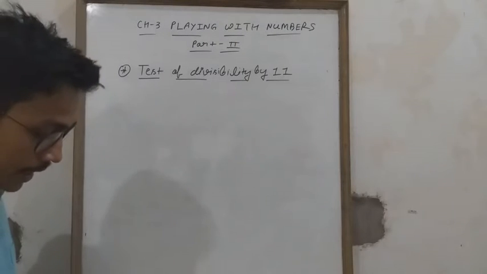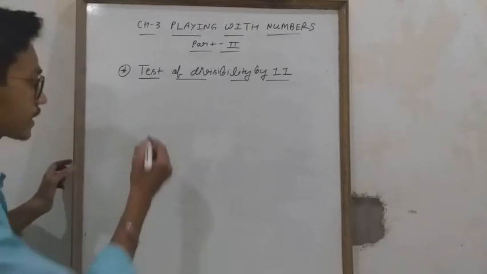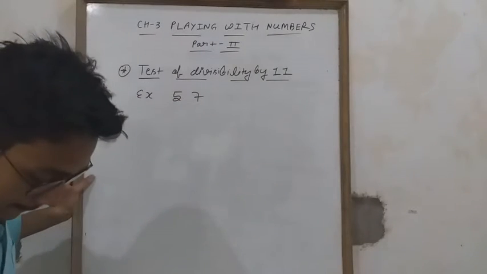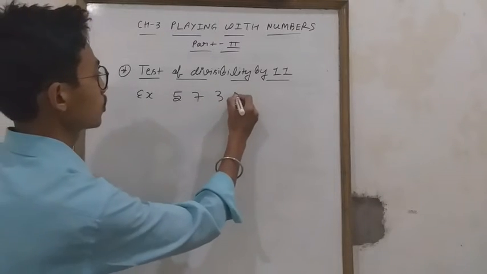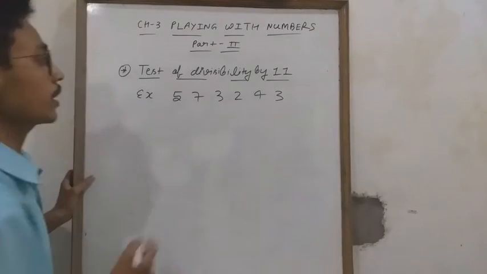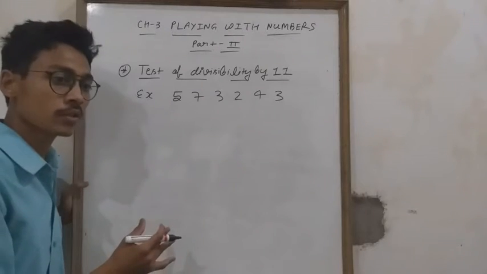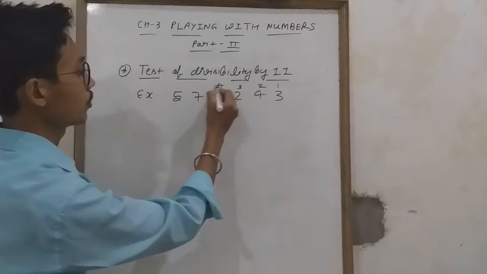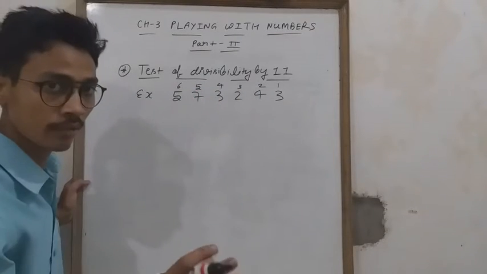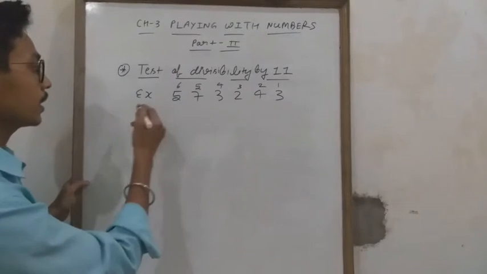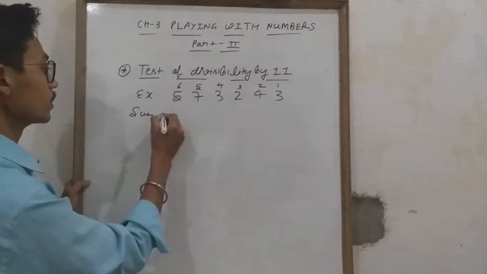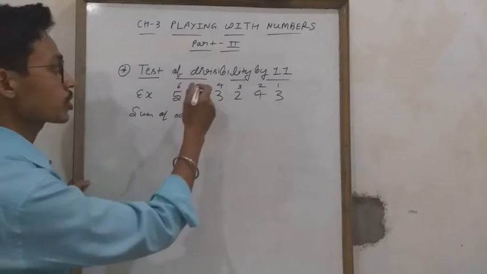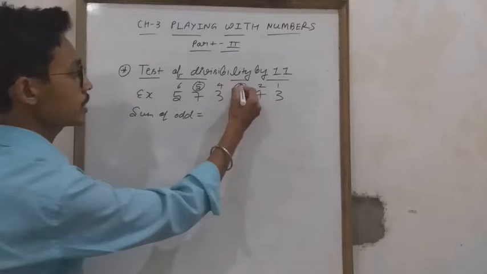Here, I will explain with the help of one example. The example given is 5, 7, 3, 2, 4, 3. Okay, everyone? Now, how to solve this question, students, in a very easy manner. See, you will mark the numbers 1, 2, 3, 4, 5, 6. Okay, everyone? Marking done. From the right hand side, now we will write down the sum of odd numbers. Odd number means first you will check the position of odd. Meaning 5 is odd, 3 is odd, 1 is odd.